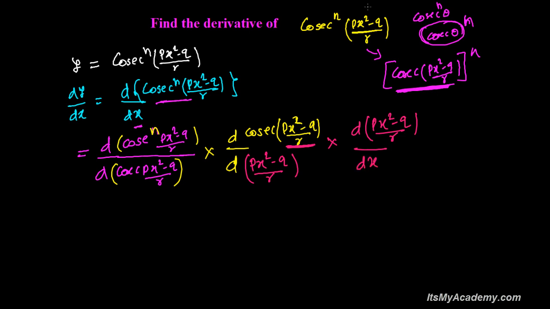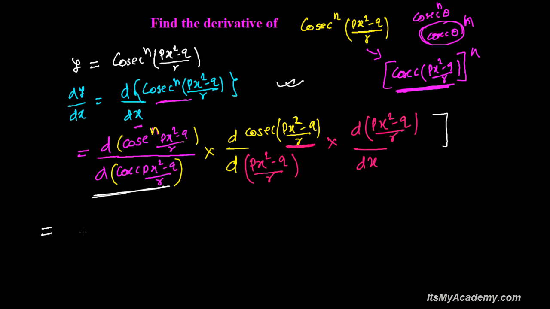Alright, if you look, I haven't really changed anything. Whatever trick I applied, I'm going back to the same level I had initially, because this quantity and this quantity will cancel out, and this and this will cancel out, so you will get the same thing: the derivative of cosec^n((px² − q)/r) divided by dx. Alright, so now let's find the derivative of every part one by one. Here definitely you need to use the power rule, and I'm not going to write out the power rule further, because you know what the power rule is.